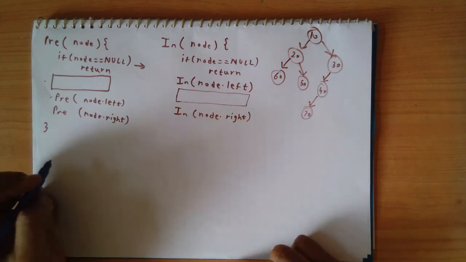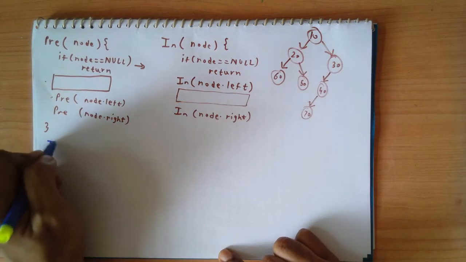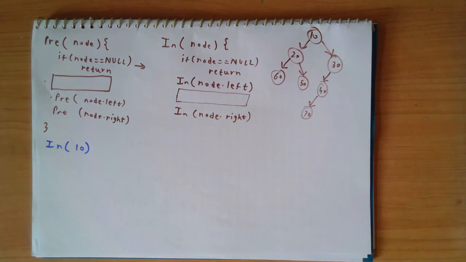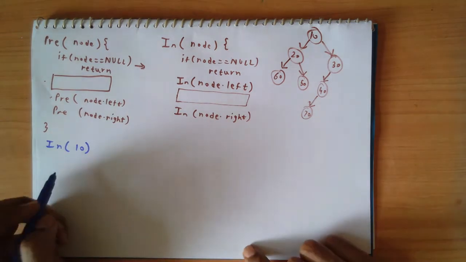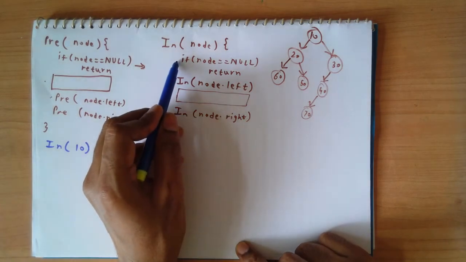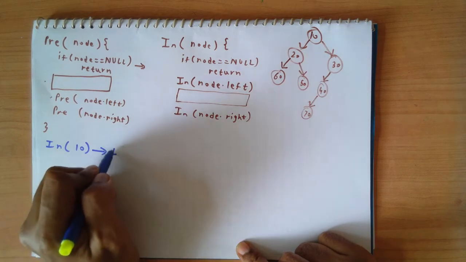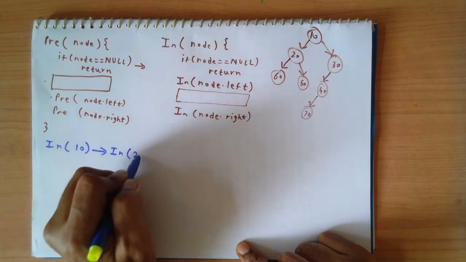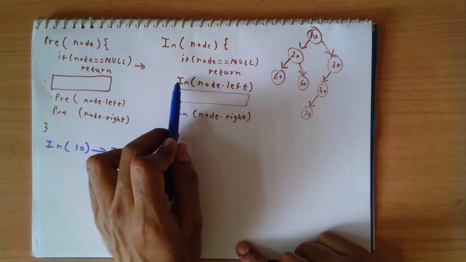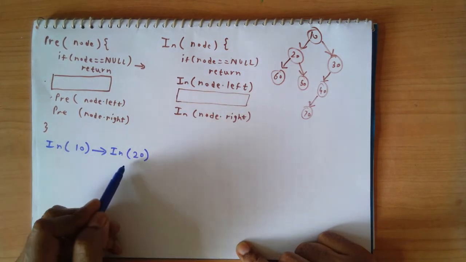Just like the previous explanation, we would start with the in-order traversal from the root node. So I will do the in-order traversal from the address of 10. Even though I am writing it as 10, it should be the address of 10. Fine, we started with that, and I'll check if my node is null. It is not null. So first thing I will do is the in-order traversal of the left subtree starting at 20. And once I start that, I have to pause the execution call for 10 and start the call for 20.